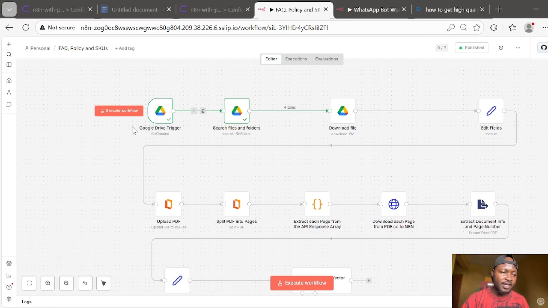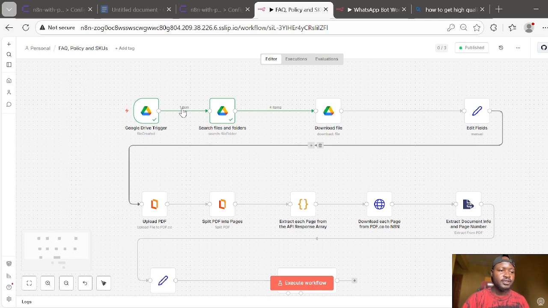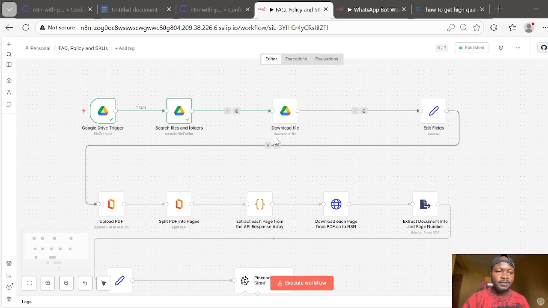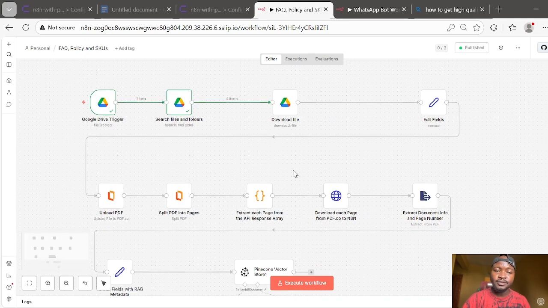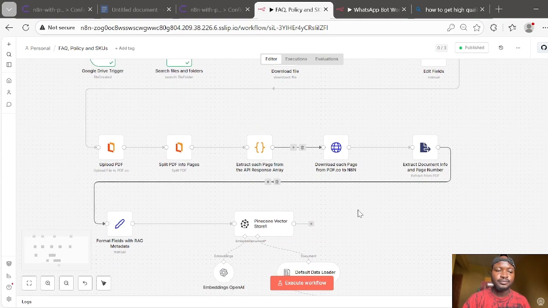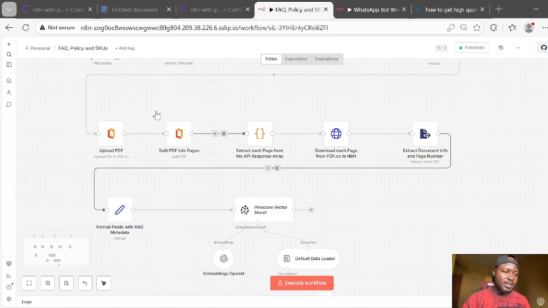there's a Google Drive trigger that checks the folder every day if there is new information, especially with the SKUs. The Google Drive folder contains FAQ, company policy, and SKUs in PDF format. What happens is that it downloads files, we edit the fields so that we can remove unwanted JSON fields, then upload the